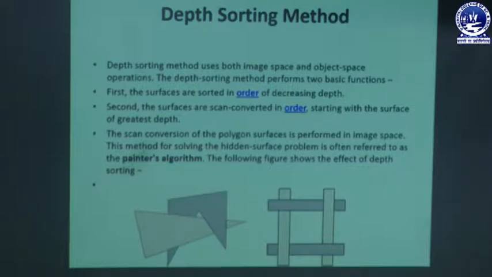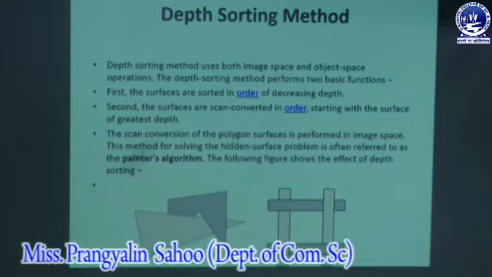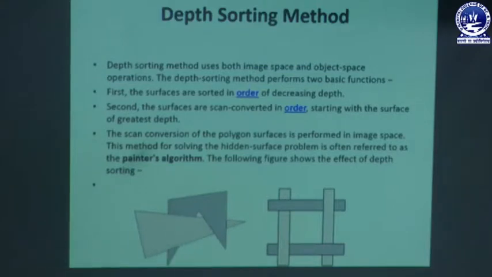The basic idea of this method is very simple. When there are only a few objects in the scene, this method can be very fast. However, as the number of objects increases, the sorting process can become a very complex and time consuming process. That means the depth sorting method also provides another facility if we need to scan all over the viewing object parts. So how is that possible?